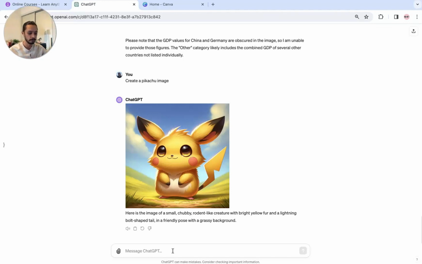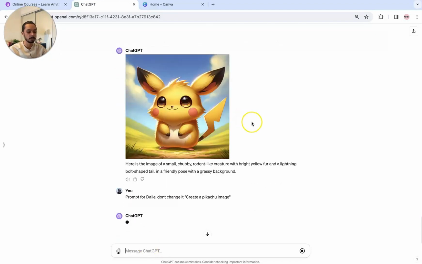But if I say in the same prompt, "prompt for Dall-E. Don't change it." Now, if I send this prompt, what ChatGPT will do, it will send the exact same instruction to the Dall-E model without tweaking it. And I know in this case, ChatGPT will fail in getting us the answer because of copyright issues. Because Pikachu is part of the Pokemon brand, GPT is specifically disabled from creating celebrities and brand images which might have